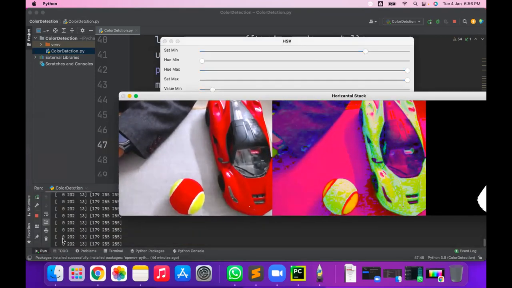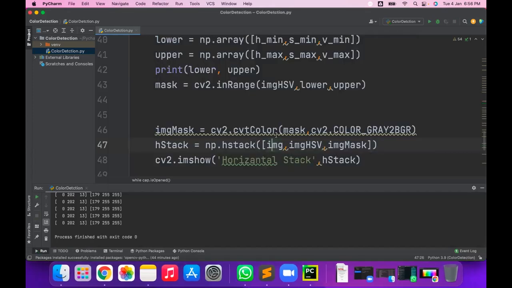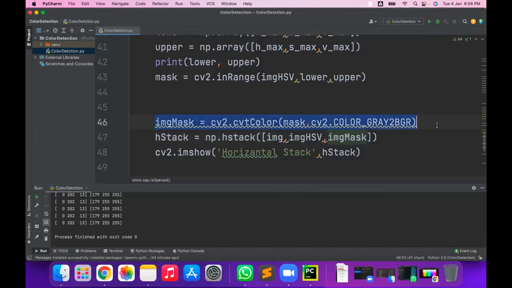These are the hue value, the saturation value and the V value. This is only to show the mask, not the final output. Once you are done, type done in the chat box if you are able to visualize the mask in the horizontal stack.